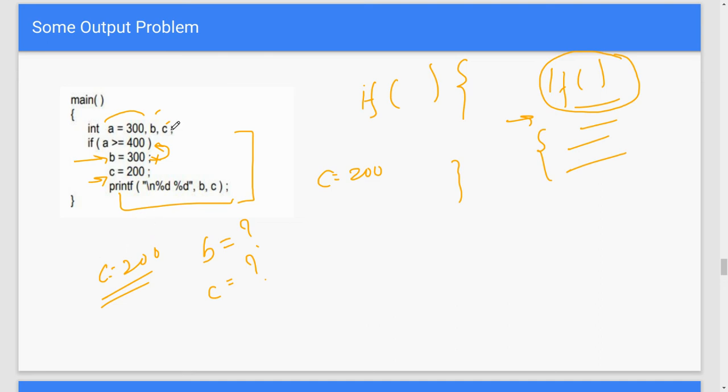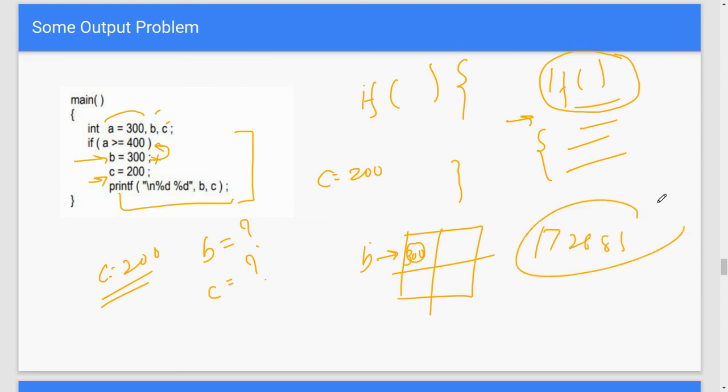Like for B, B is not initialized with any value, but you will still get some output. So let's see what happens. When you declare a variable in the memory, some value is just stored there, and that particular thing is named B. If this statement had been true, B would have been initialized with 300, so 300 would have been stored here. But if you're not storing anything in this particular B, it will store a garbage value. That garbage value may be anything,